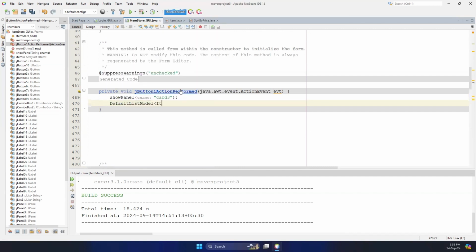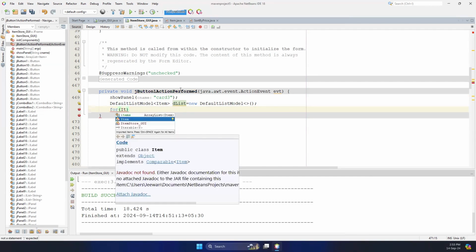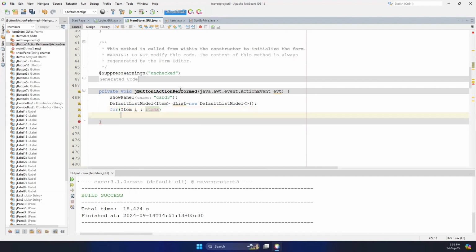With the type of values, we're going to have the item called dlist, because new default list model. And then, by using an enhanced for loop, we can have for the item type objects available in items list. We need to